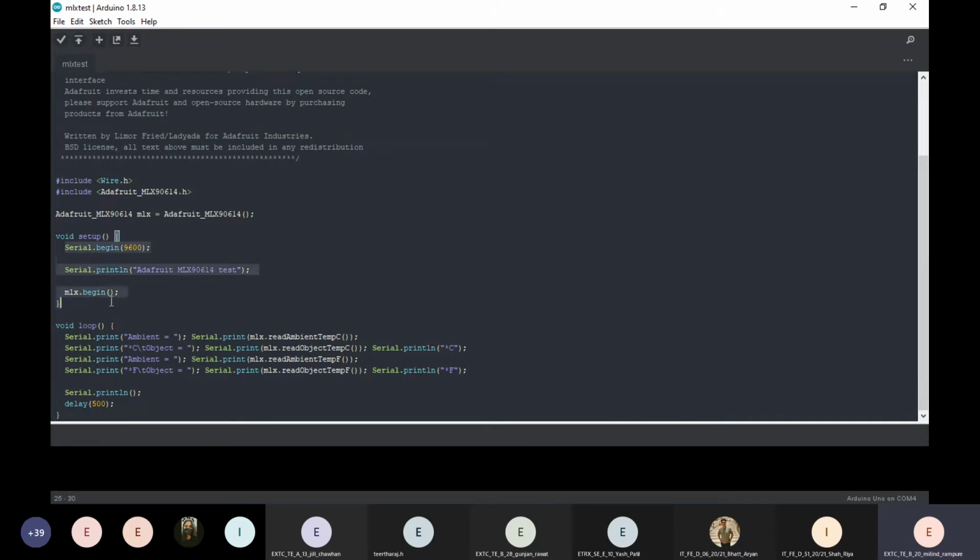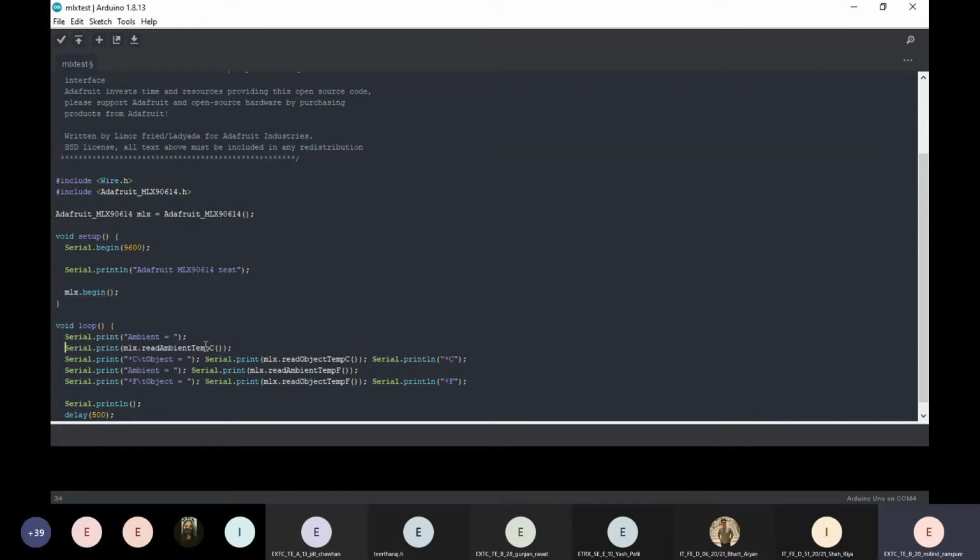We print Adafruit MLX test on the serial monitor one time, and then we use MLX.begin. What it does is initiate the sensor to start sensing the ambient temperature and the object temperature.